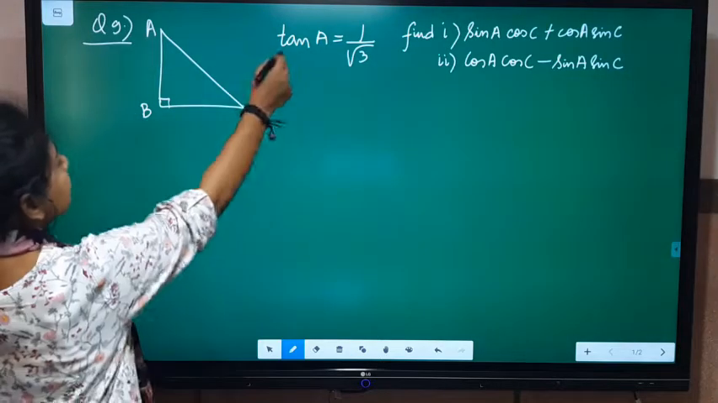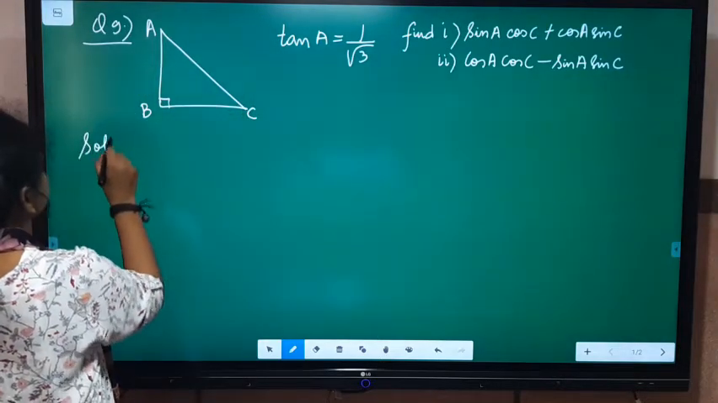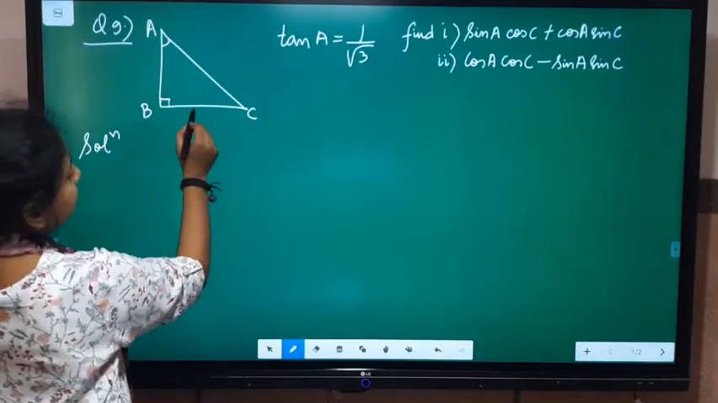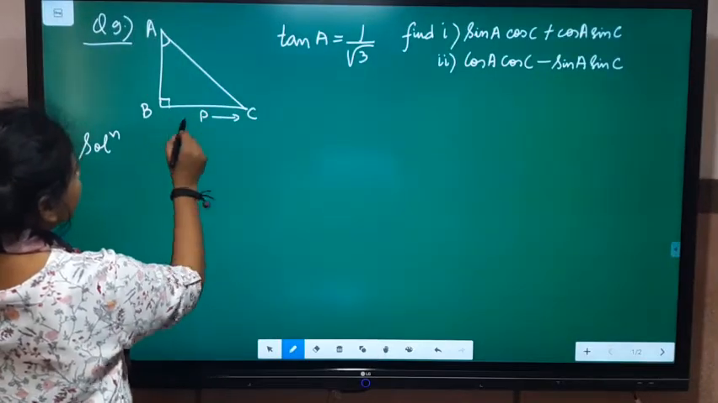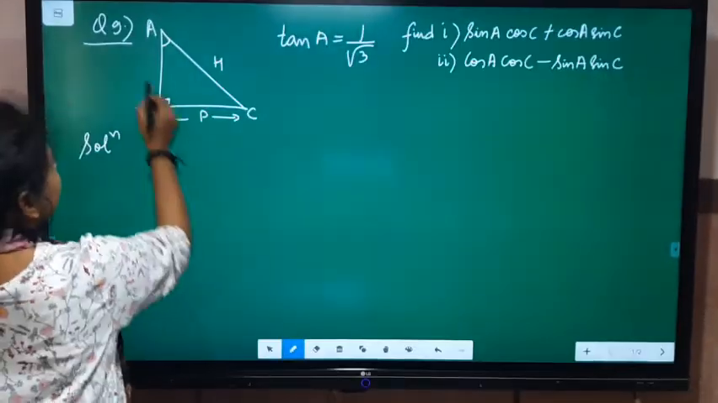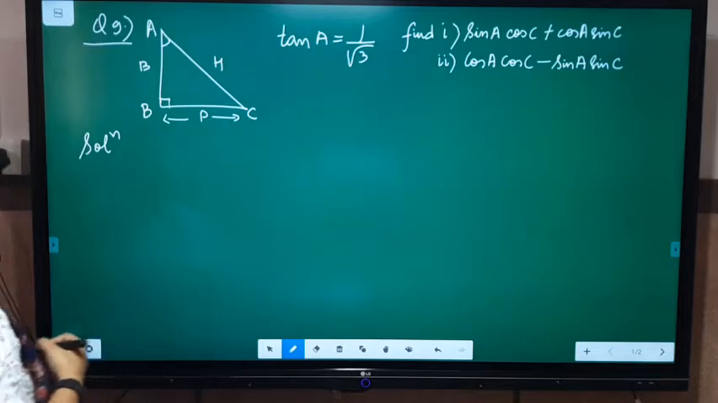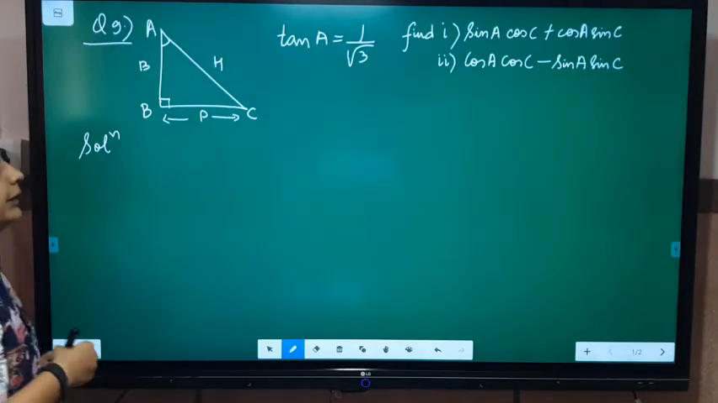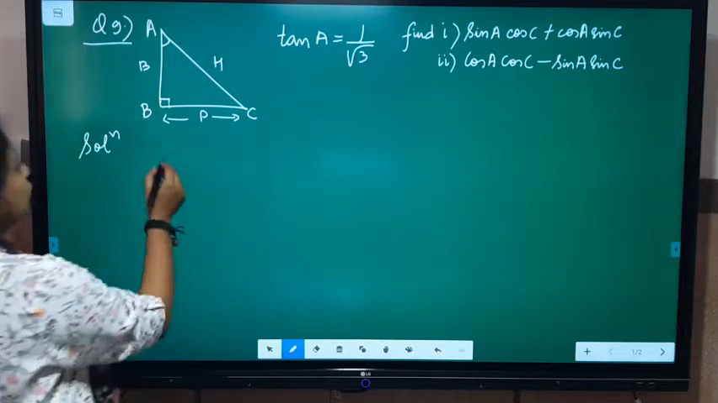So now see, in this triangle, for this angle A, the side opposite to angle A will be the perpendicular. The side opposite to the 90-degree angle will be the hypotenuse, and this will be the base. AB will be the base, BC will be the perpendicular, and AC will be the hypotenuse. So we know